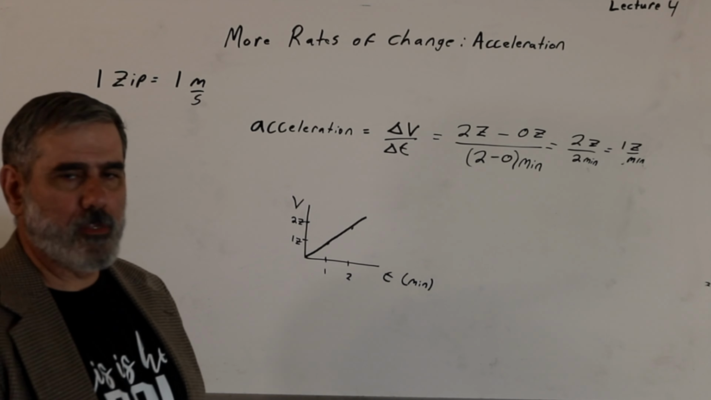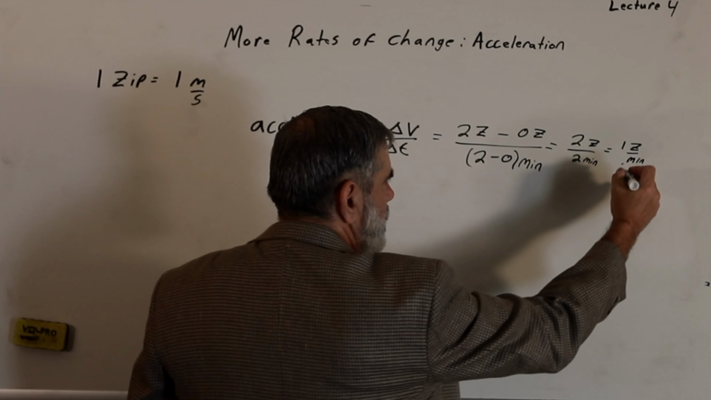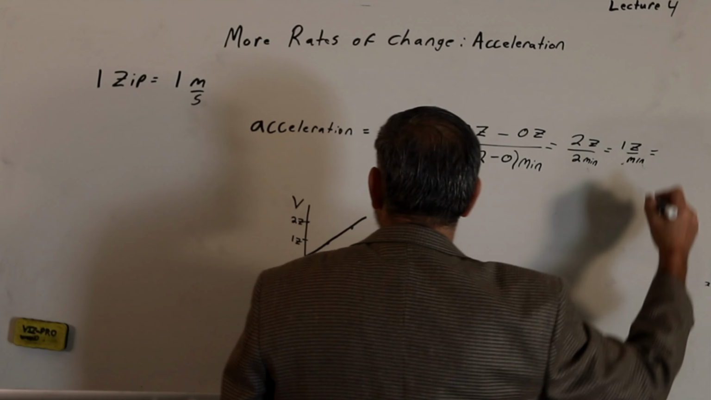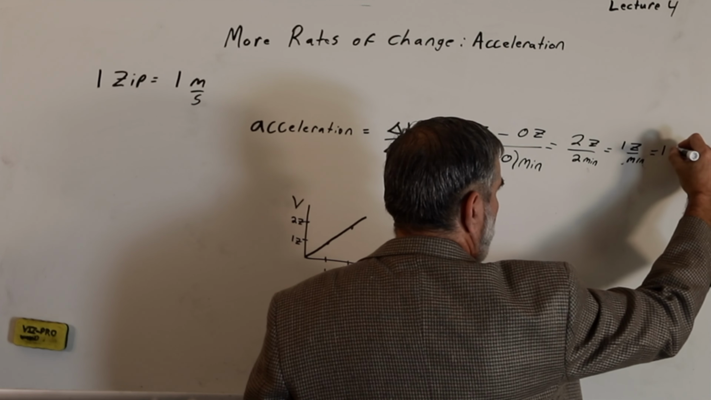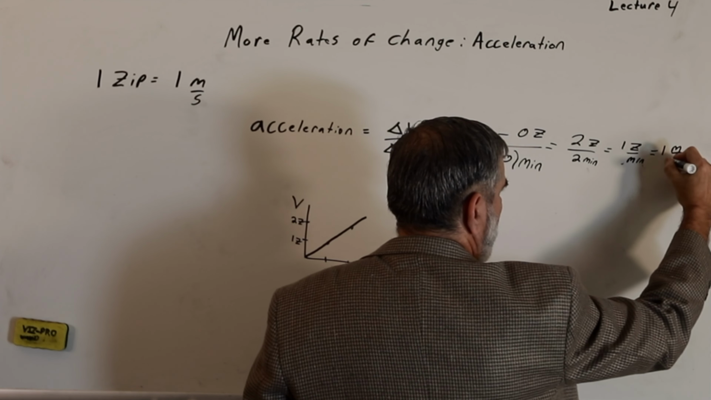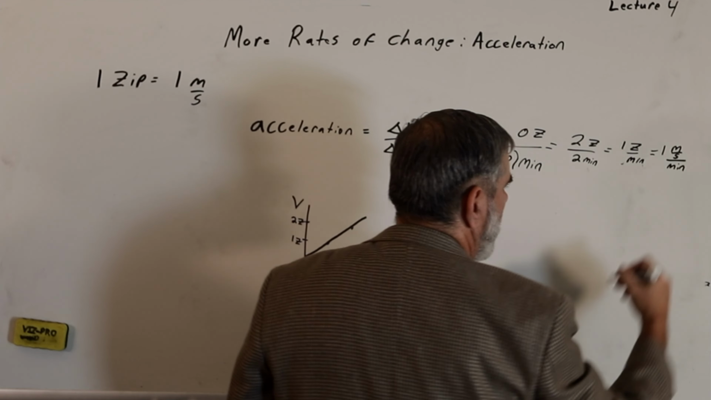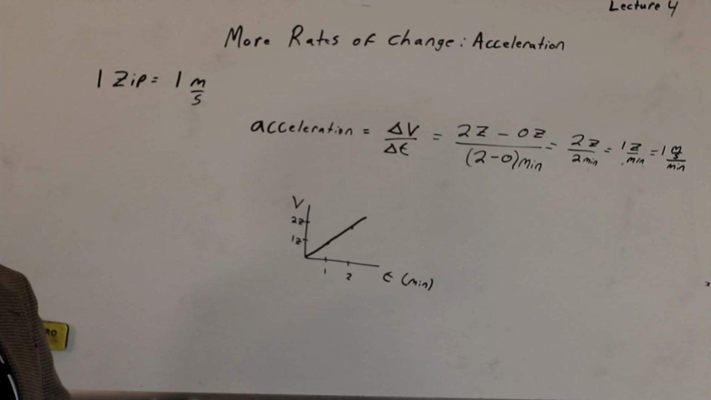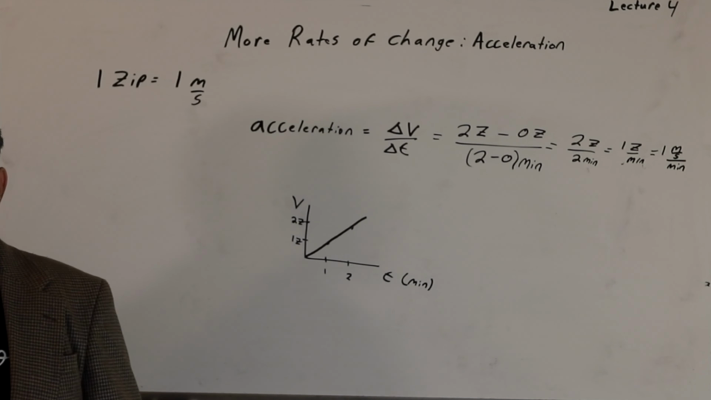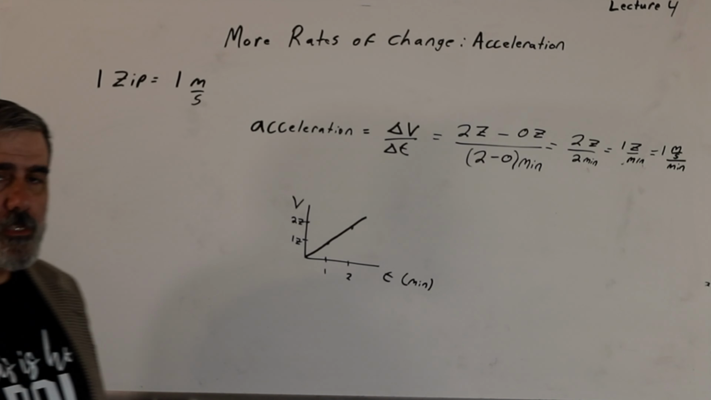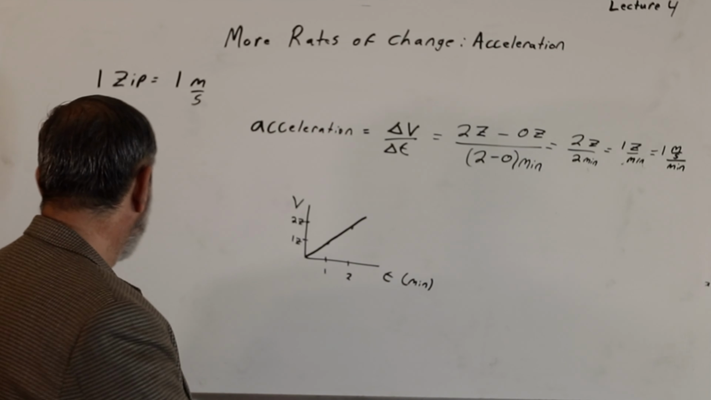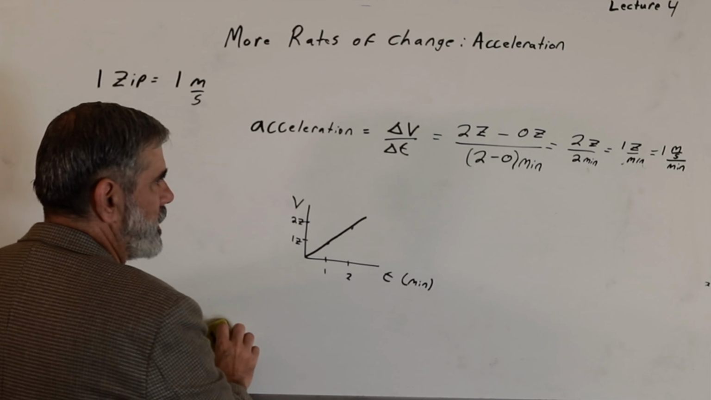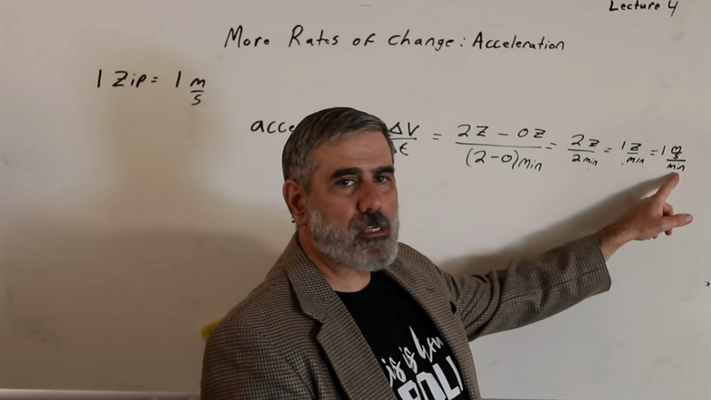So if I now get rid of the zips, what is my acceleration? Well, 1 zip is 1 meter per second. So I'll still have 1 zip, which is 1 meter per second per minute. Which means that after 2 minutes, I would have attained an additional 2 meters per second. After 3 minutes, I would attain another 3 meters per second. Pretty straightforward. Where people get confused with this is that if I now, instead of using minutes, use seconds,